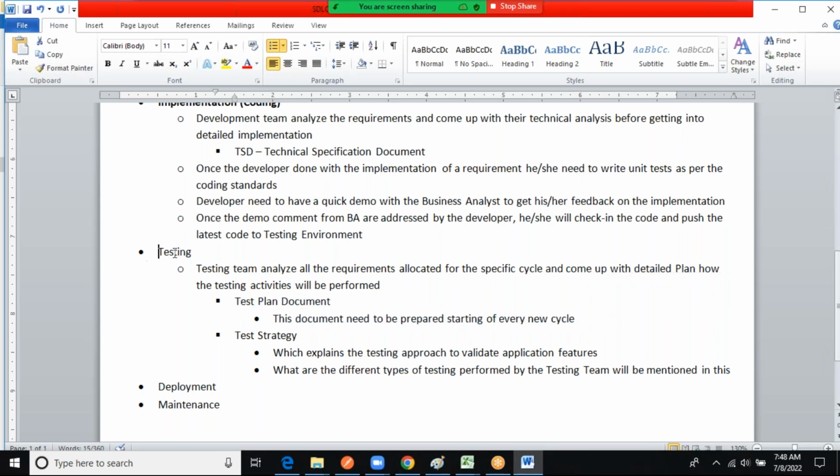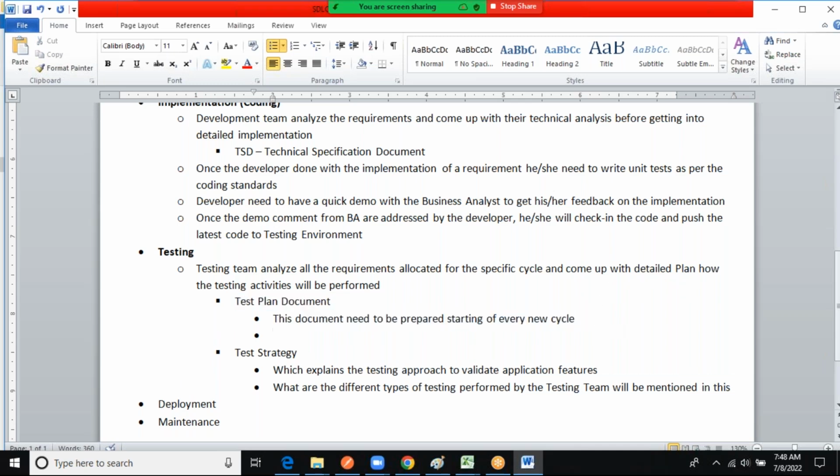Clear? So in the testing phase, before you start your other activities, that is, identifying the scenarios and writing test cases, before that you need to come up with this document first. Okay, so what will be there in this document? First thing, what are the requirements? The test plan document contains